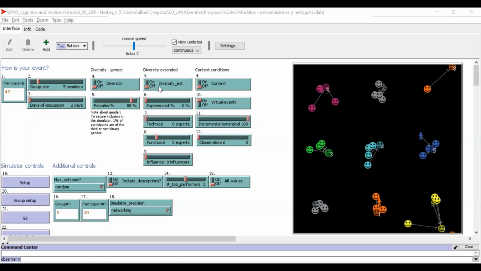The main simulator strength is the ability that the user can repeat one event after the other within the same features, within the same scenario. Meaning, we could have, for example, one event that has 42 participants, a group size of 5 members, and 2 days of discussion, and that would be one scenario. We can run that event as many times as we want,